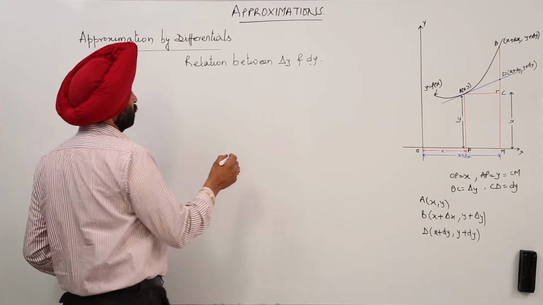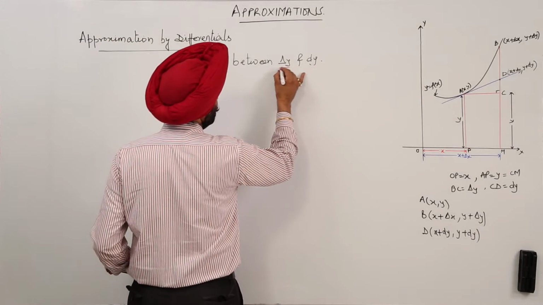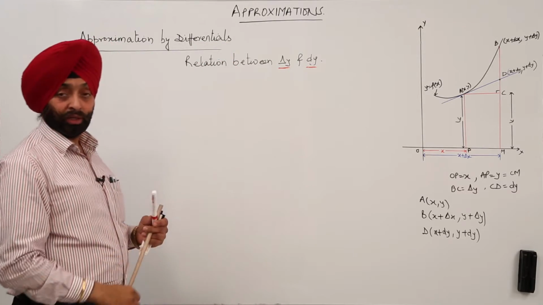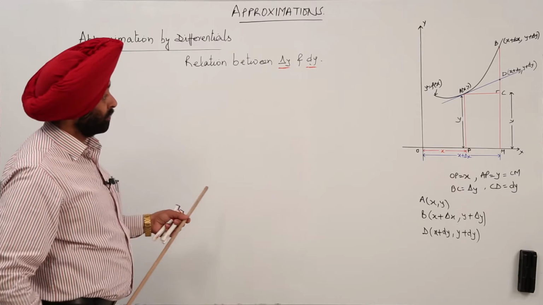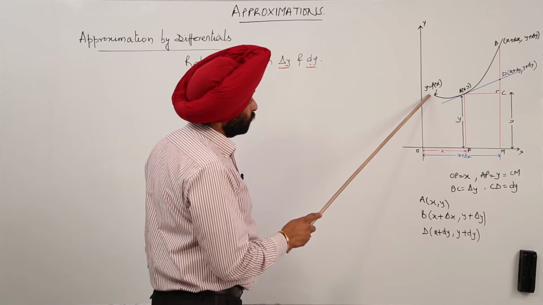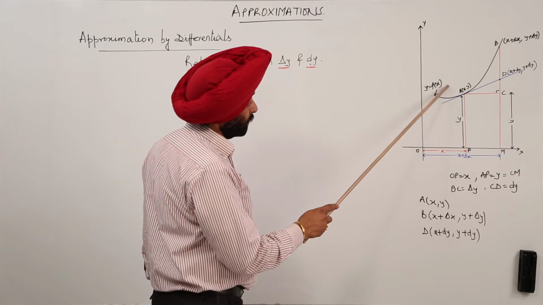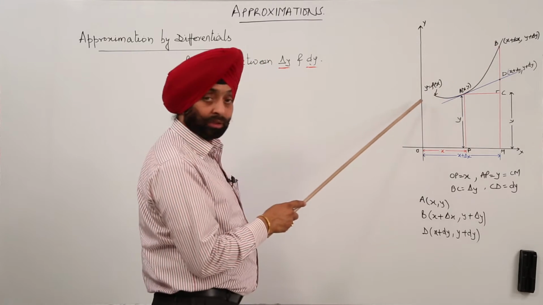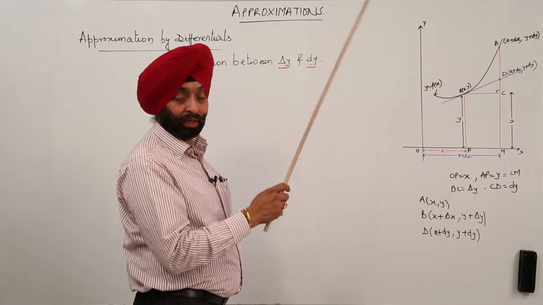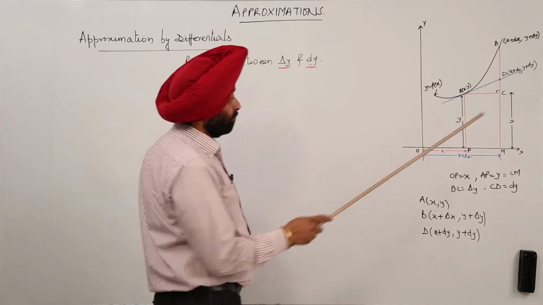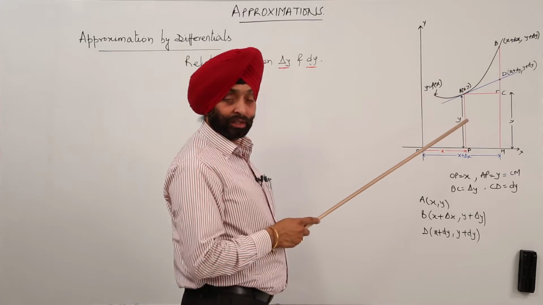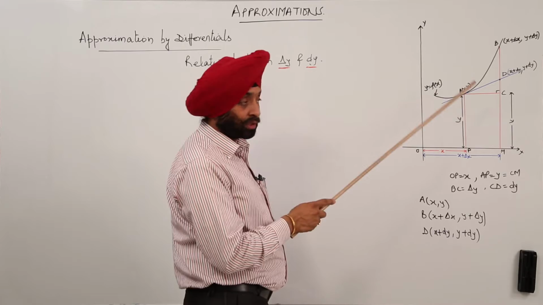Let's find what is the relation between delta y and dy. Okay, so here we are having a nice figure on the whiteboard. Now what the figure shows, from A to B, this is a nice curve, and the equation of the curve is for the function y is equal to f(x). Then this line with the blue, this is a tangent line from A to the curve.